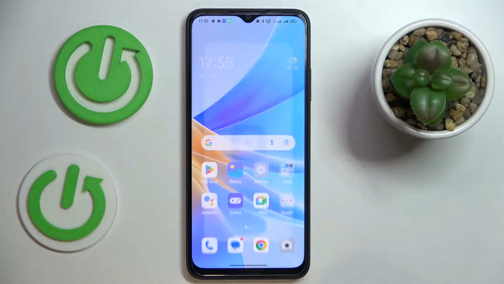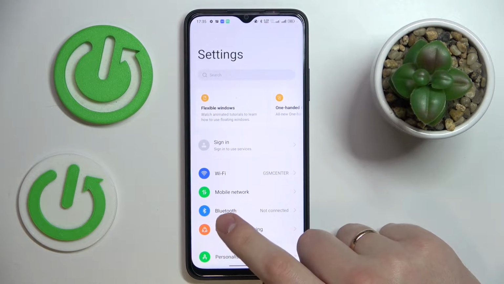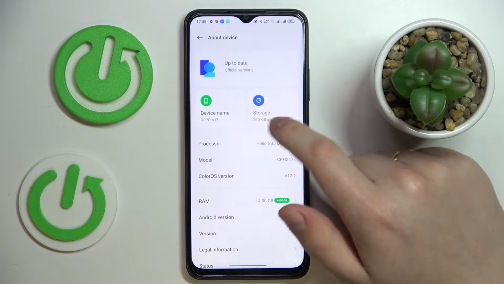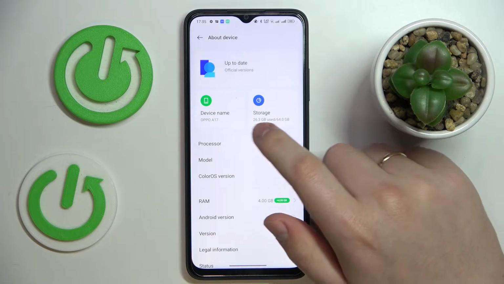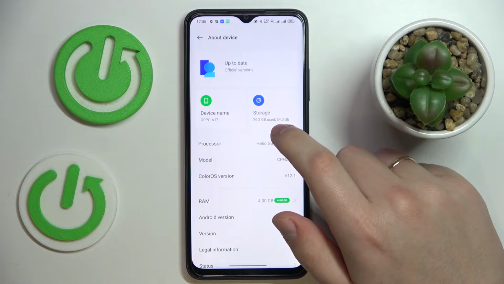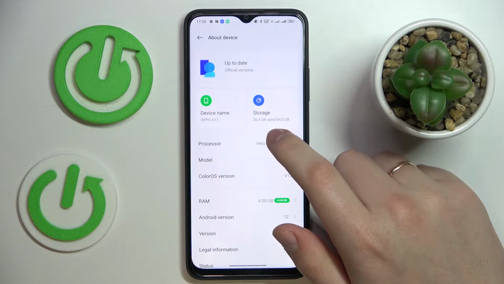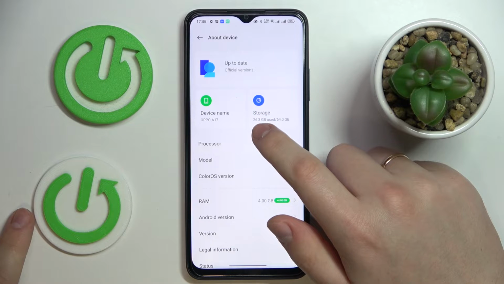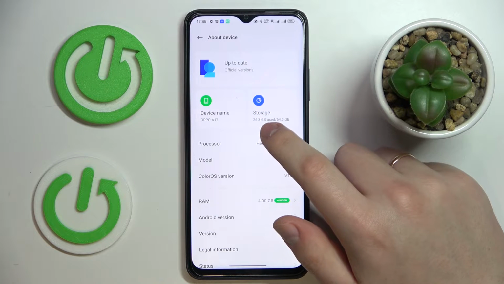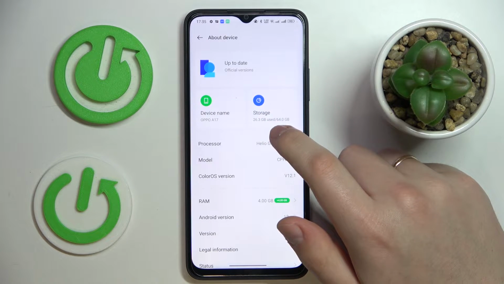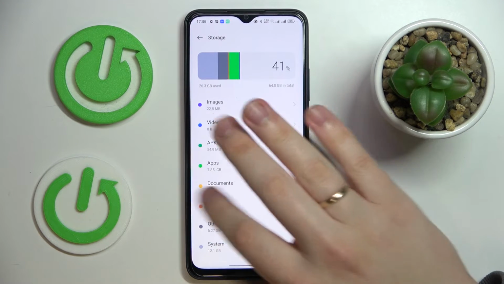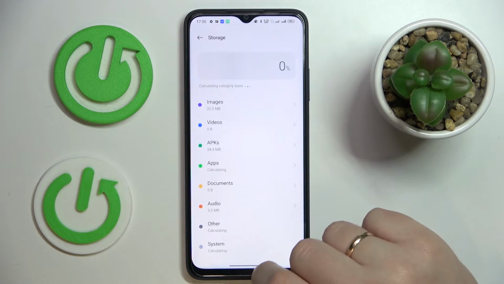So first of all, you gotta launch settings, then enter the About Device category, and over here you'll have the respective field for internal storage that will say not only how many gigabytes you have as for the phone memory in general, but what part of it is currently occupied, which is in my case 26.3 gigabytes used out of 64. If you would like to see a more detailed breakdown, just tap at this little section